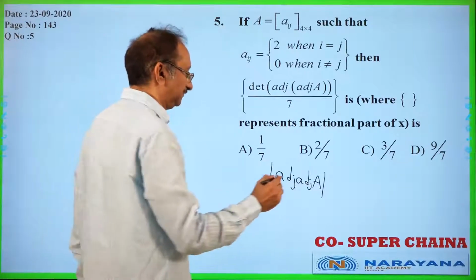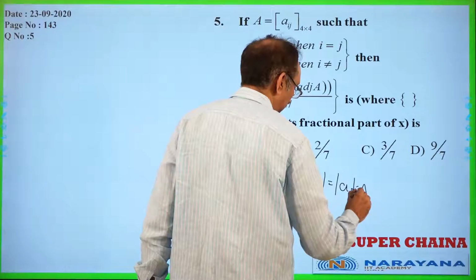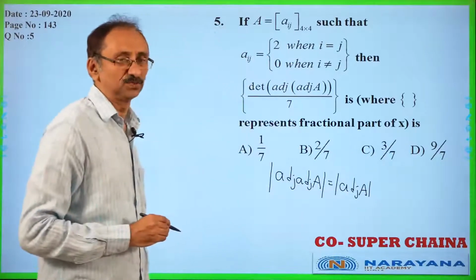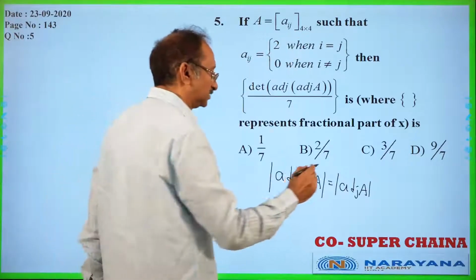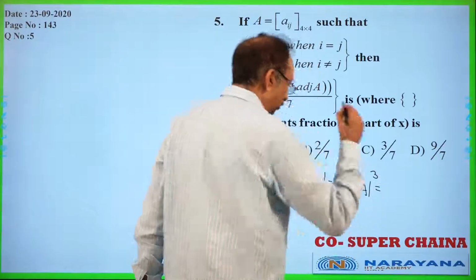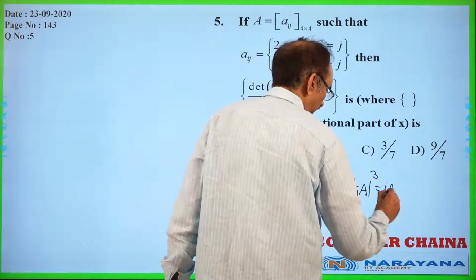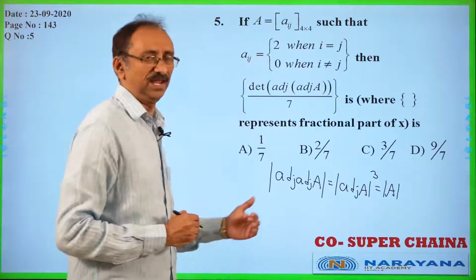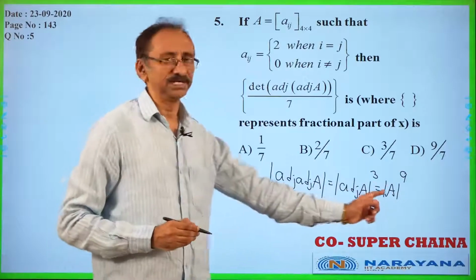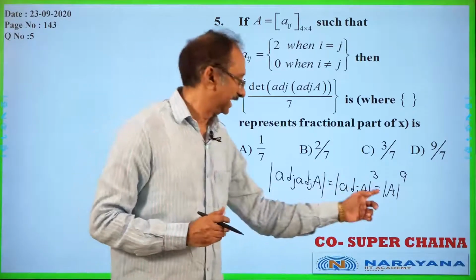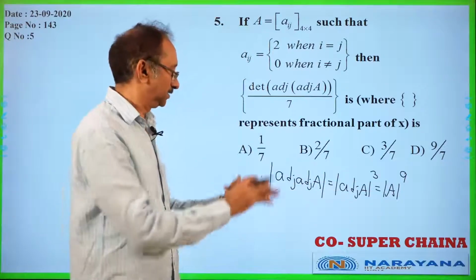First of all, what is adjoint A? That is nothing but determinant of adjoint A is det A whole power n minus 1. What is n minus 1? N is the order, here 4. So 4 minus 1 means 3. And once again you apply the determinant formula. Determinant of adjoint A is det A whole power n minus 1, that is once again 4 minus 1, 3. 3 3 is 9. Or you can directly write the formula: determinant of adjoint A is det A power n minus 1 whole square. 4 minus 1 whole square, 3 square means 9. So keep it like that.